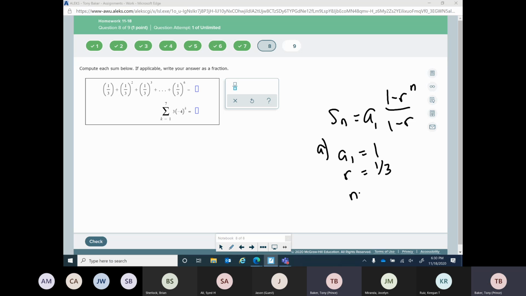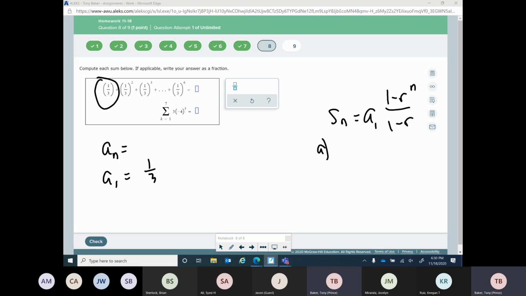Actually, it's 6. So when we're looking at this sequence right here, actually, I'm going to take what I just said back, because this one's not necessarily the same. So when you're looking at this one up here, let me look at one thing. This one is a to the n. If I want to get that, this is my first term right here. Remember, my first term is the first one. So if I had a1,